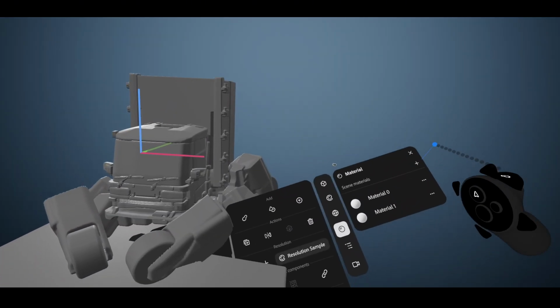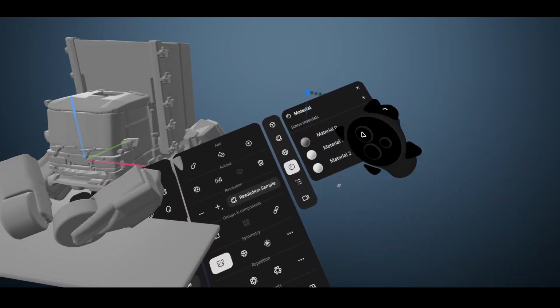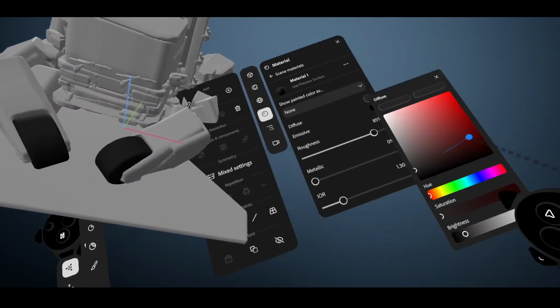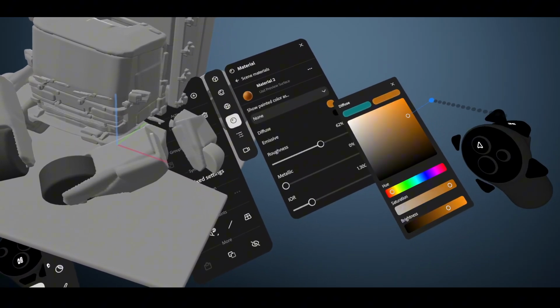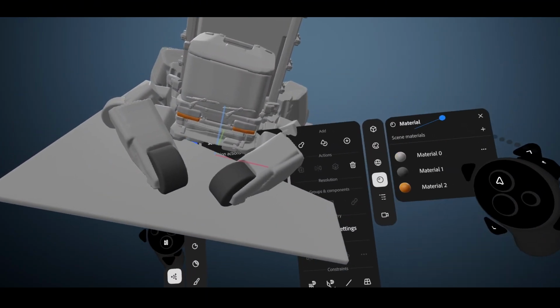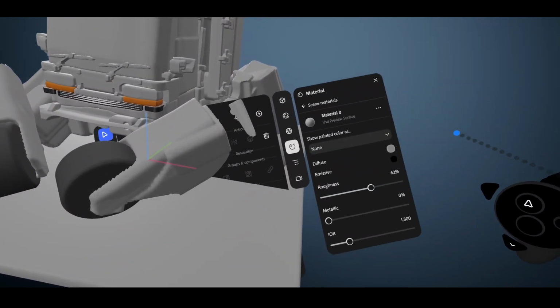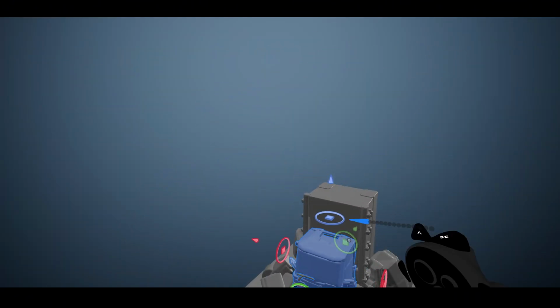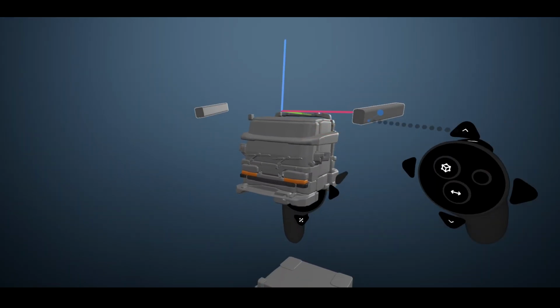So I create a bunch of different materials and I start assigning them to stuff. The first obvious one is a dark color for the tires, and then an accent color for the lights. I also know I want to contrast metallic shiny materials with more matte materials, so I add one of those in. I then isolate the cabin, and when I look at it, I find it too high, so I try